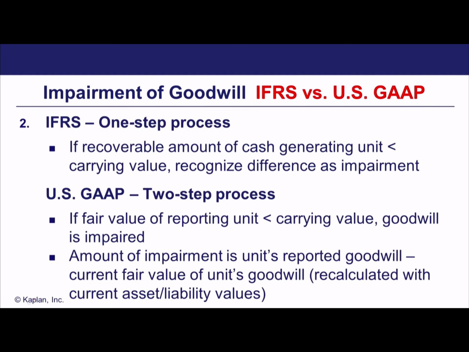Now, let's get into the mechanics of looking at an impairment. IFRS, just like level 1, takes a one-step process. It's going to compare the recoverable amount of the cash generating unit to the carrying value. Now again, remember what the carrying value is. It's essentially the goodwill figure plus the fair market value net assets. Okay, so all of the goodwill and the assets and liabilities that relate to the subsidiary that are included in the group accounts. Okay, so it talks about this recoverable amount.